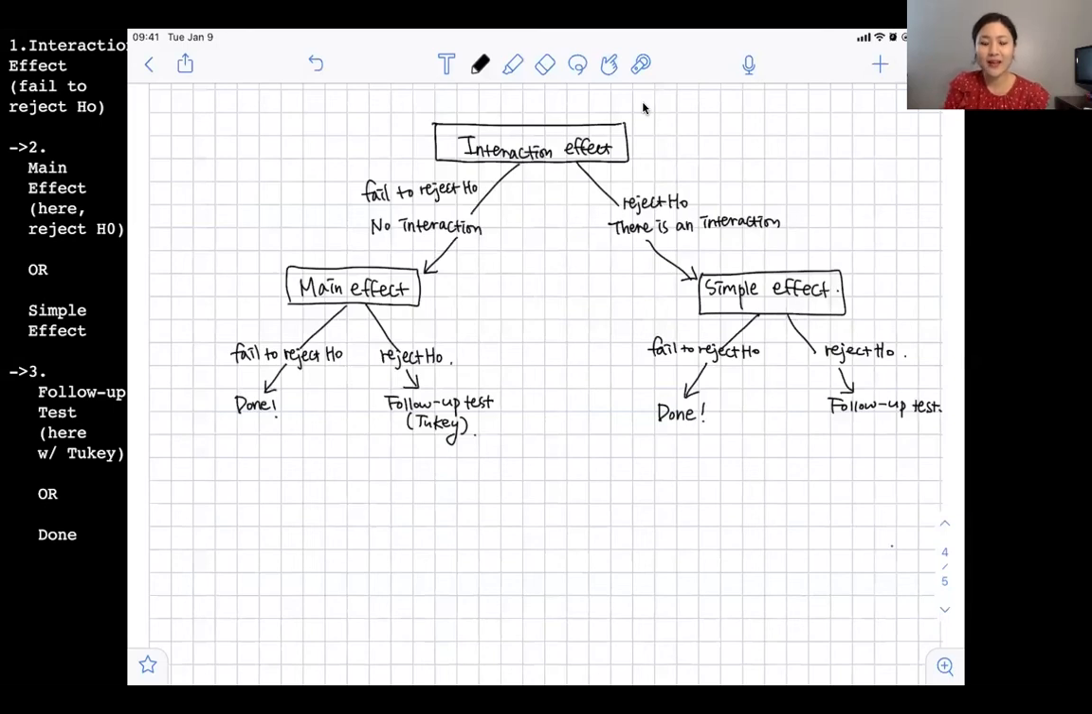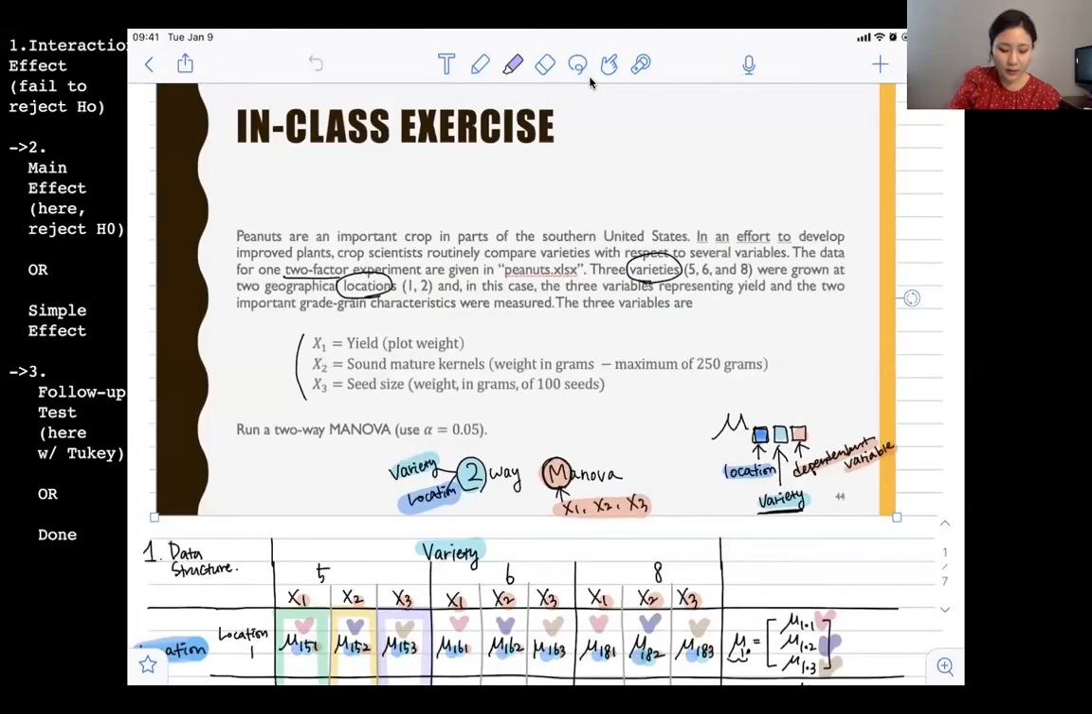Hello, I'm your TA. In this video, I'm going to share with you an example of two-way MANOVA with no interaction. We are doing a main effect up to the follow-up test with Tukey. This was November 2nd in-class activity in